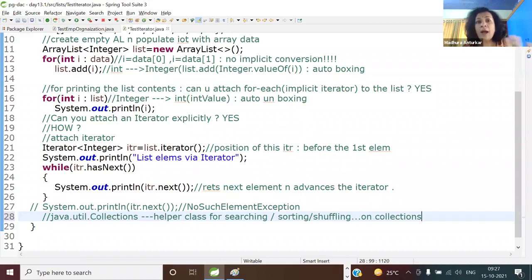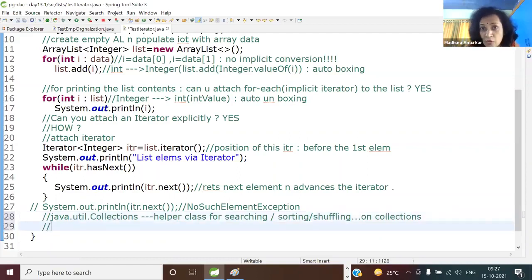Okay, so I'm not going to show you all the API. I'm just going to talk about one method. So there is a method, I'll show you. It has got a huge generic syntax. So that detailed generic syntax I'll explain when we meet again. So if you open the Collections class, there is a generic, static method, public static